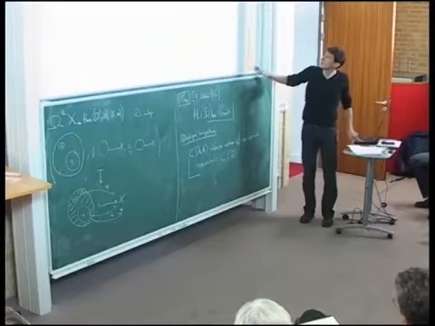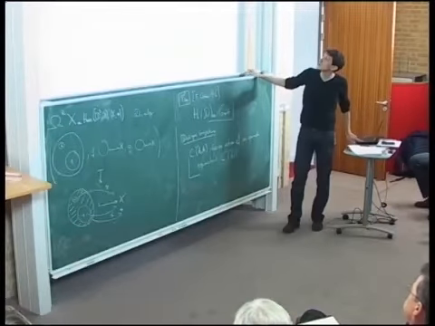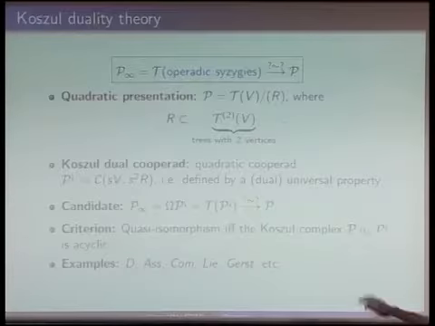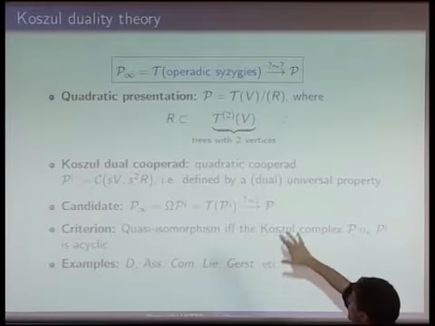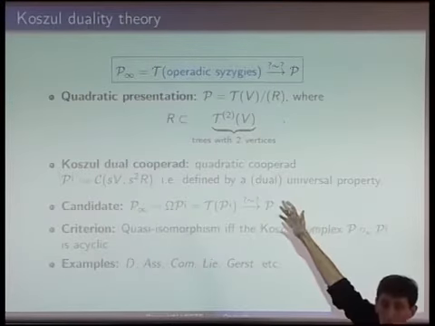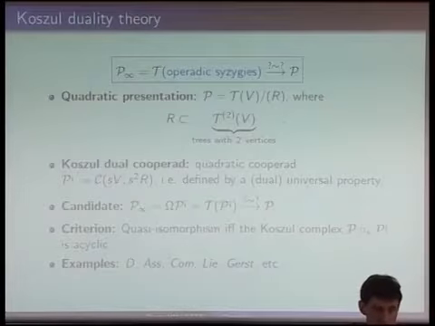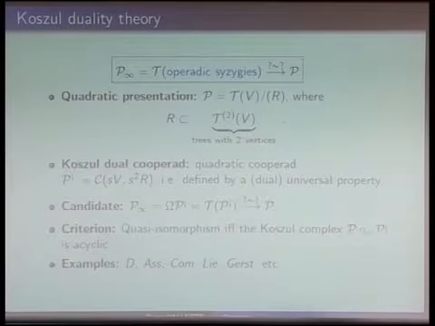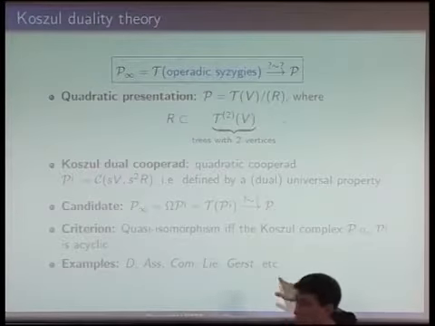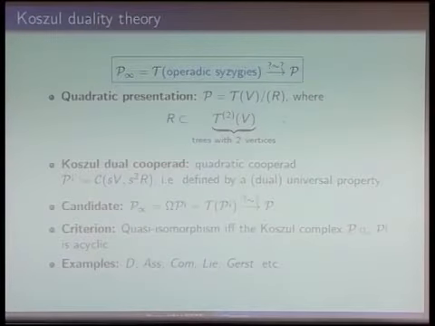And the idea is as follows. Well, maybe I should skip the technical details. I have no time. I will do it next week. Just to tell you this, Koszul duality theory produces a candidate for these operadic syzygies. So the goal next week will be to explain how we can do that. And of course, examples. All the operads we saw before are Koszul operads, so it's a good thing.